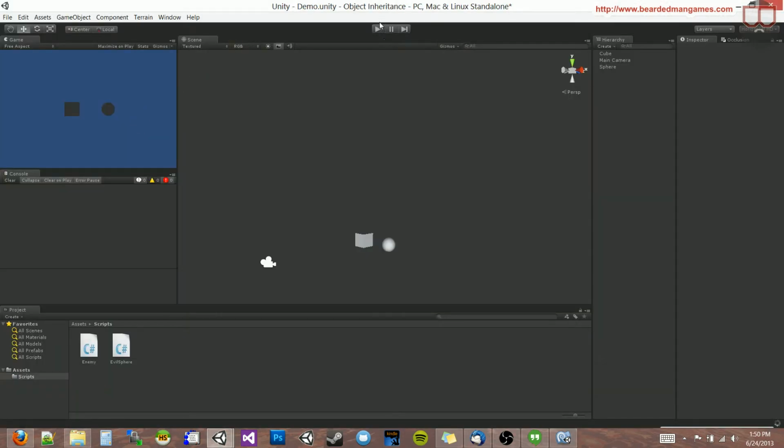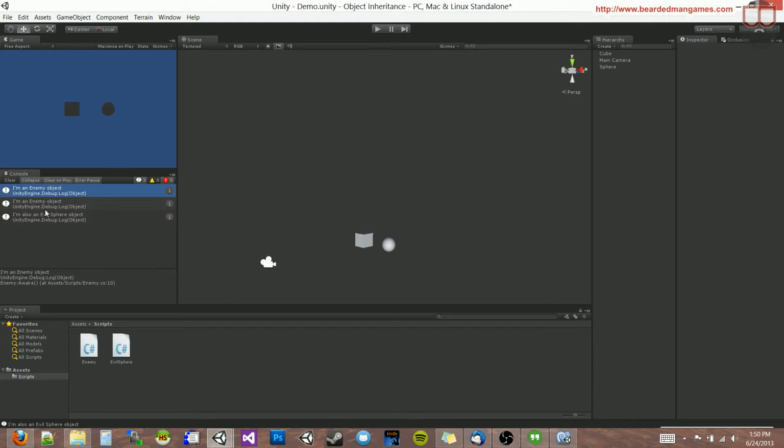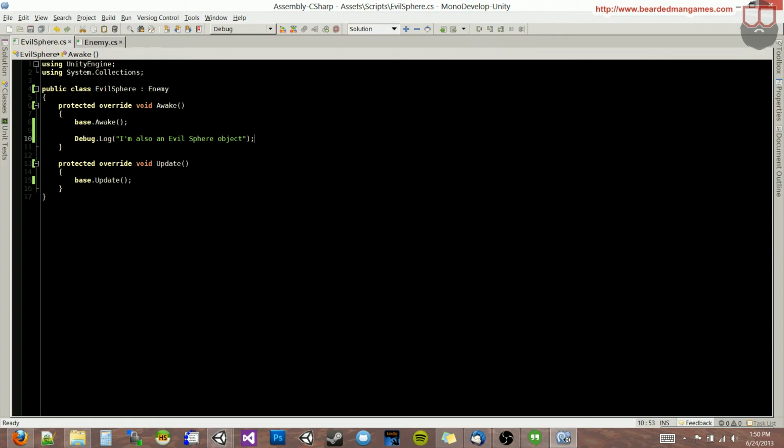So now if we hit play, we're going to see that it's going to do 3 logs. We're going to do this log for the cube, which is an enemy, saying I'm an enemy. We're going to do a log for the sphere, which says I'm an enemy. And then we're going to do the log for the child of the sphere, which is the enemy, which is the evil sphere, saying I'm also a sphere object. So you can see that it is definitely overriding and it's not just overriding and calling the base class, but